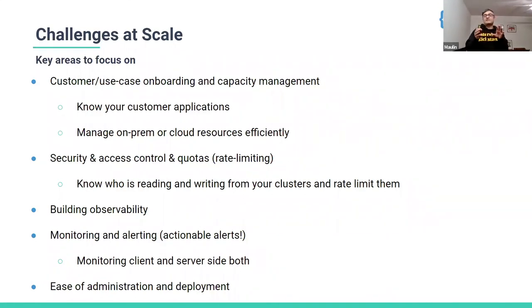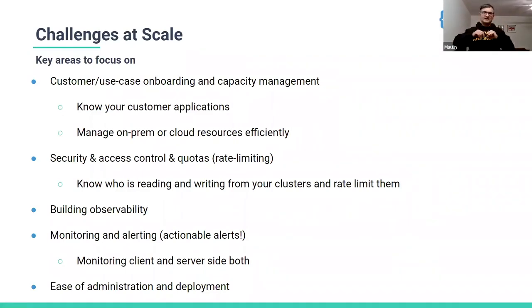Without that, because Kafka clusters are multi-tenant, you are going to have different applications coming in. And if one application has issues causing the cluster to go down, you need to be able to figure out the bad actor and come out of the incident. The other part is, as you grow your Kafka footprint, you are going to have different clusters depending upon the context of the company.